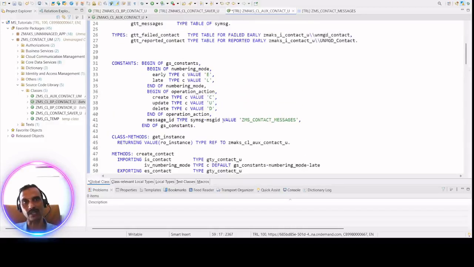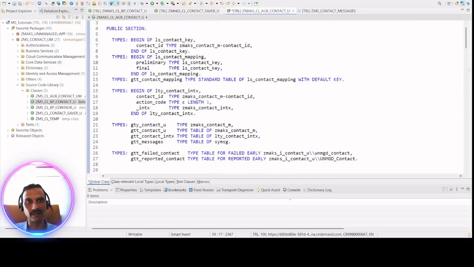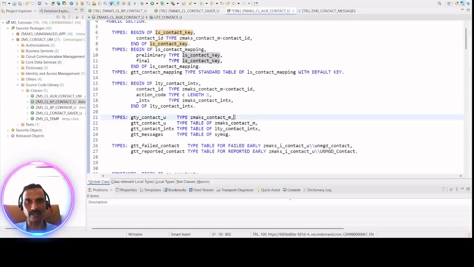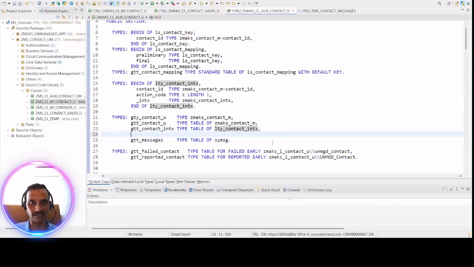In our case for contact, we have already defined contact keys here. So I can create one more, GTT contact keys type, table of